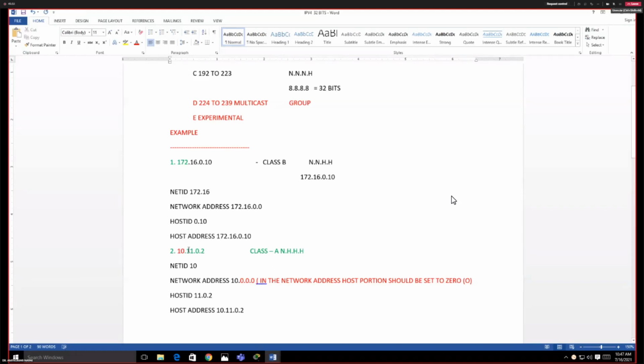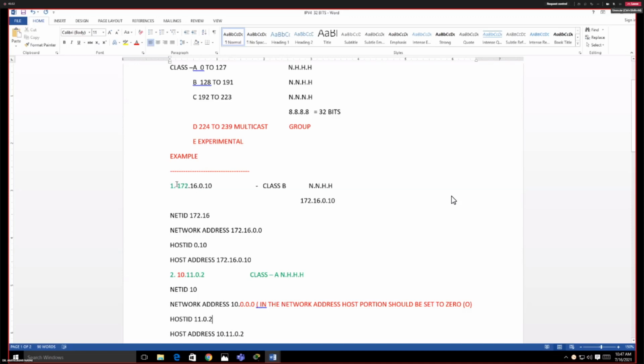So you have to consider the last 3 bytes as 0, and that's why you are getting 10.0.0.0. In the network address, the host portion should be set to 0, and that's why we are getting 10.0.0.0. So the same rule is applicable over here in example number 1,